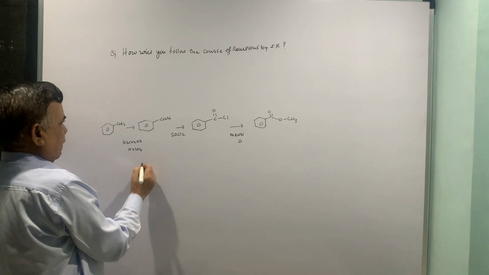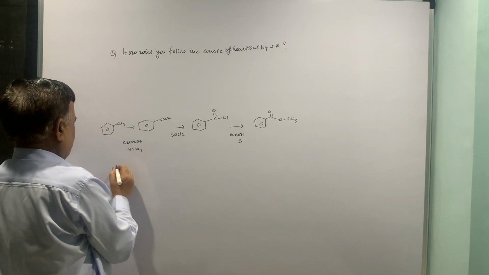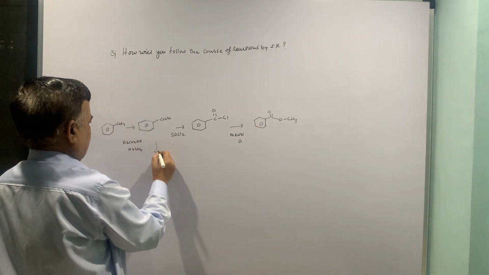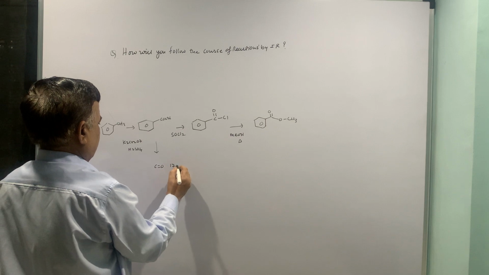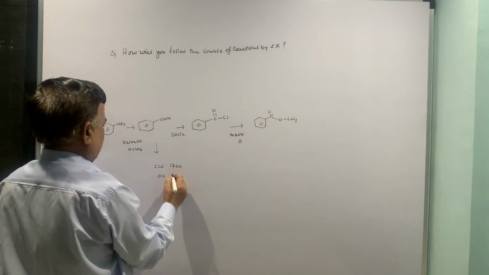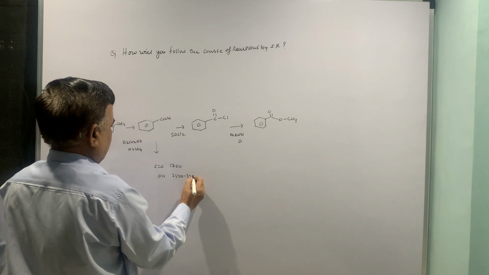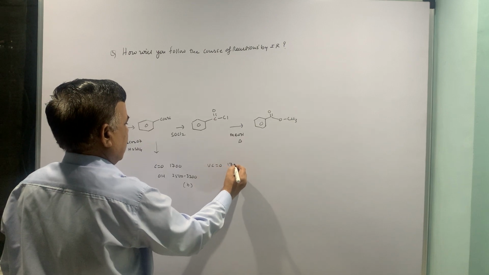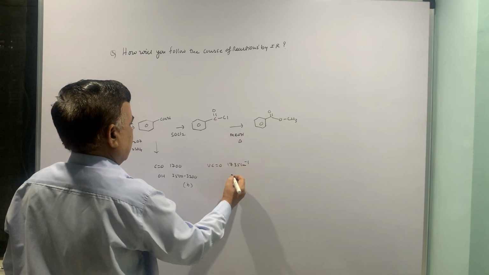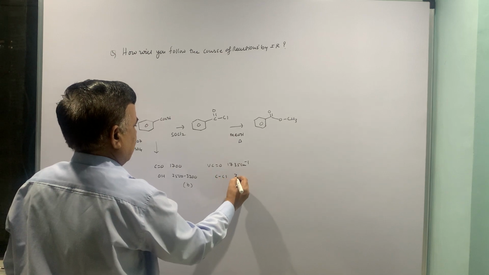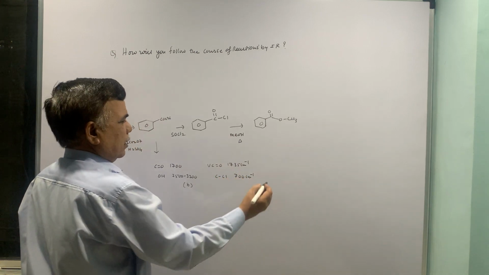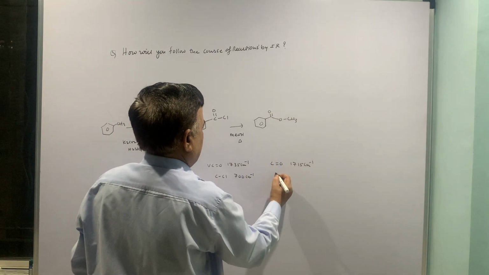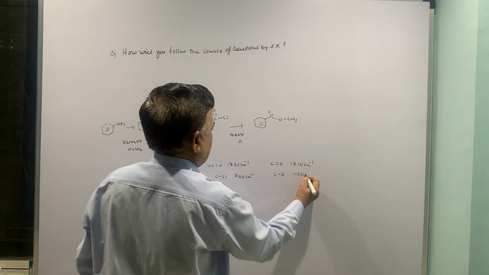Here you will have C=C of the benzene ring, that is very common, so no problem. Here CO of acid will be 1700 and OH of acid will be 2500 to 3200. This will be a broad peak. Acyl chloride, carbonyl will be 1735 something, and C-Cl is around 700 reciprocal centimeters. Here it is once again CO 1715 because it is a conjugated ester, and this is 1100 reciprocal centimeter.